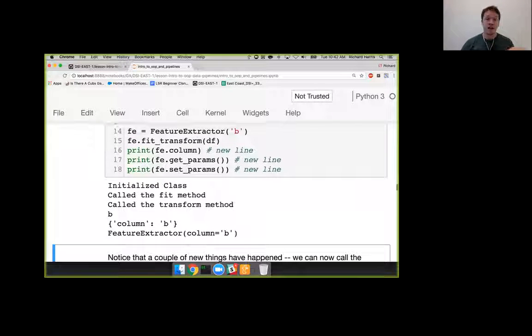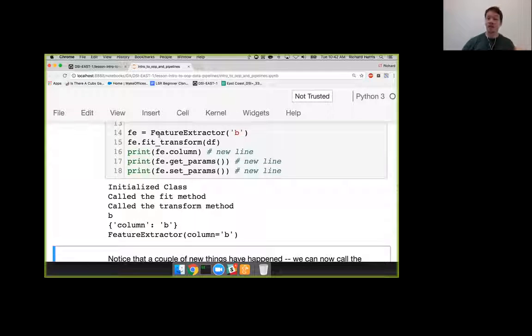Cool. So line 14, I've instantiated it. I put it in this object called FE. I've given it the name of the column B. I fit transform df. So when line 14 runs, it calls the initialize method. When line 15 runs, it calls the fit transform method. I can print out that attribute. So .column, which I've given it, it'll print it out. It's called B. And now